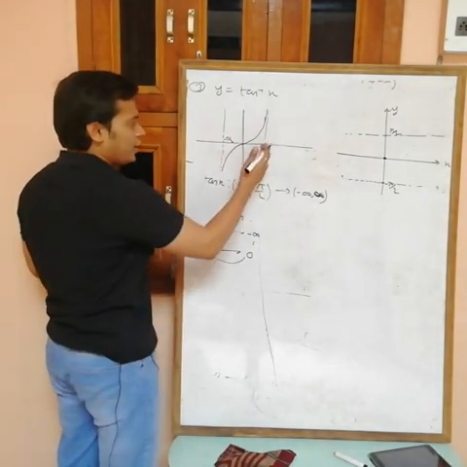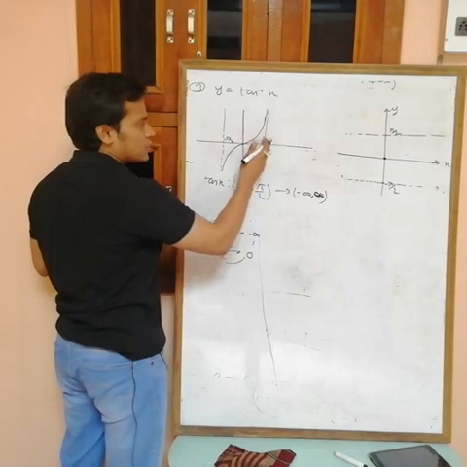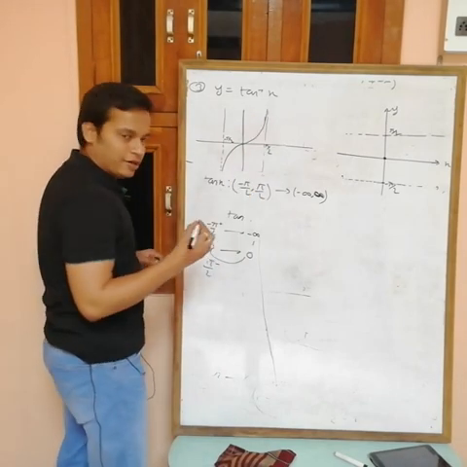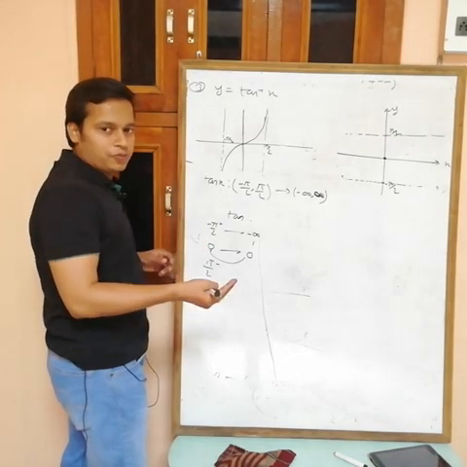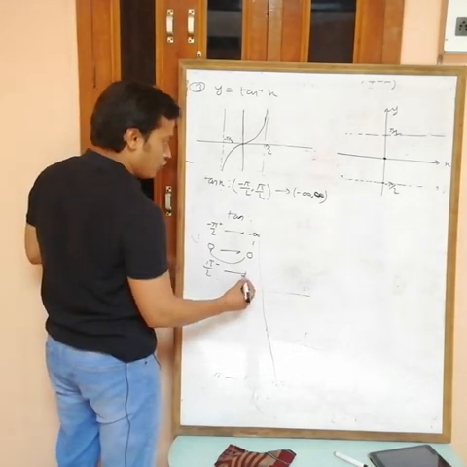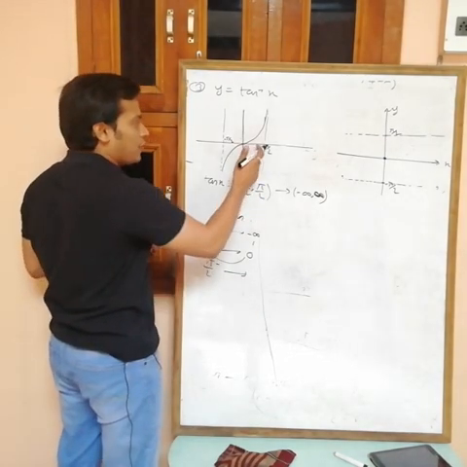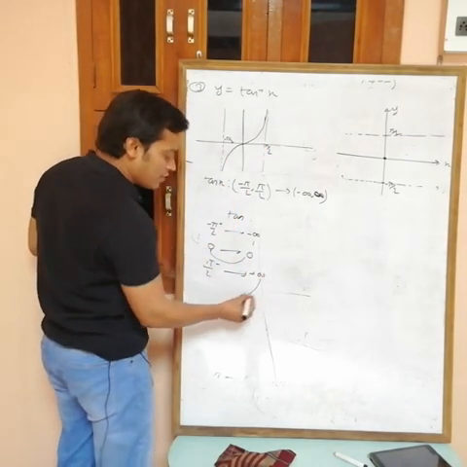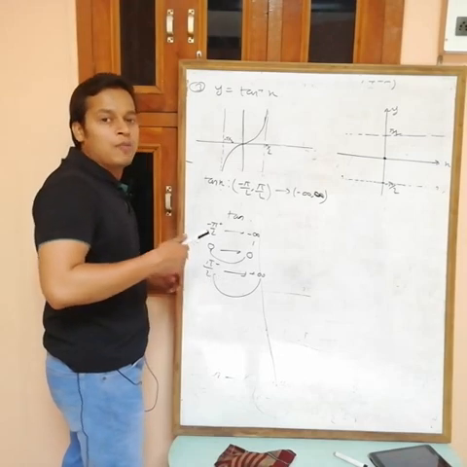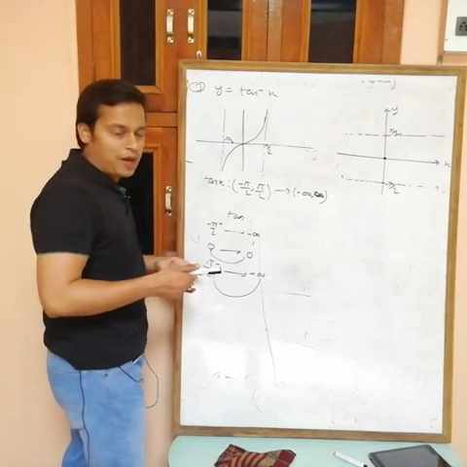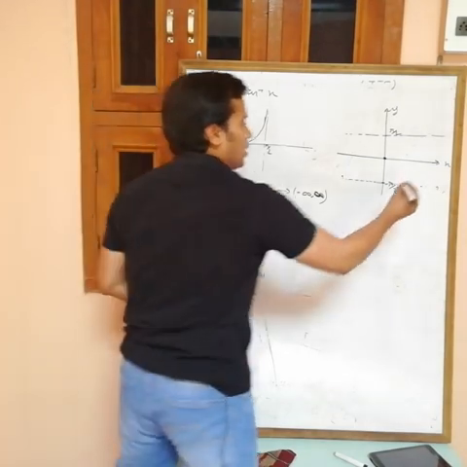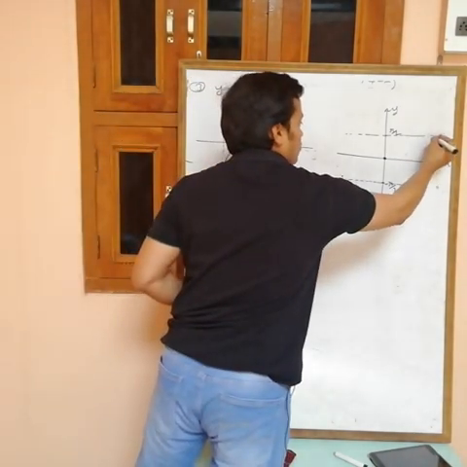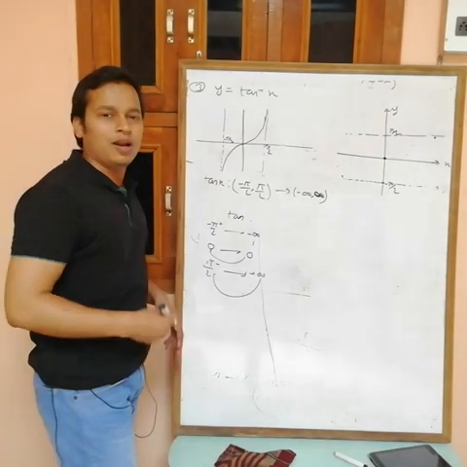Value of tan at this one is pi by 2. Before this one, what we have? Pi by 2 minus, a little less than pi by 2. So the value of tan at pi by 2 minus is plus infinity. Then the value of tan inverse at plus infinity is pi by 2 minus, just less than pi by 2. Now join them.